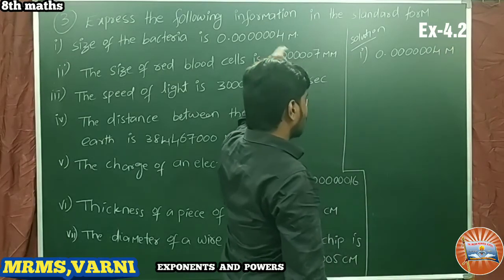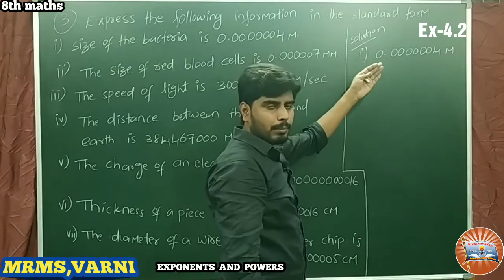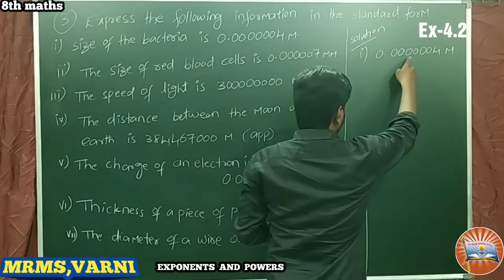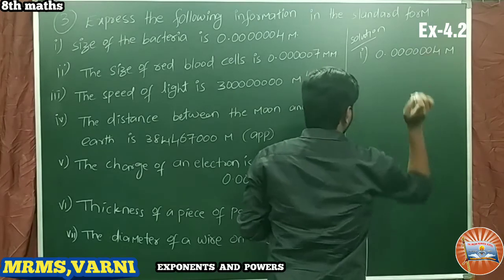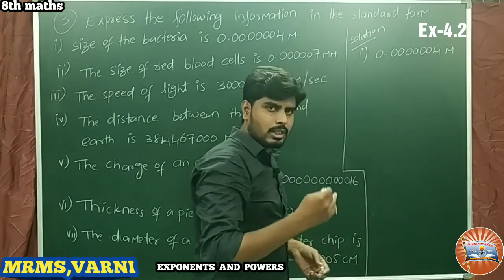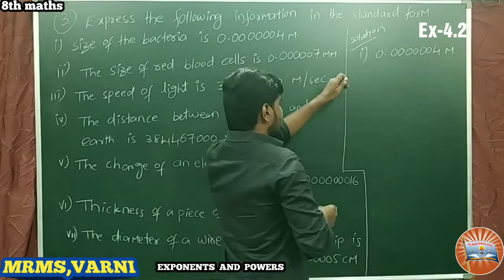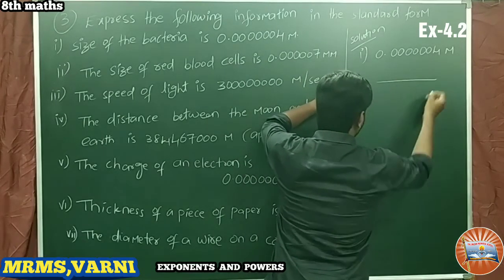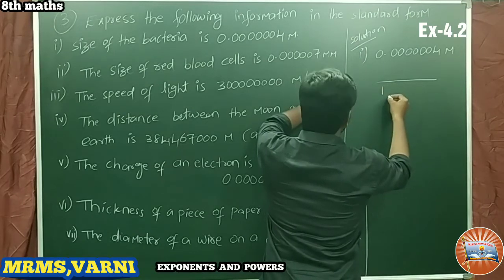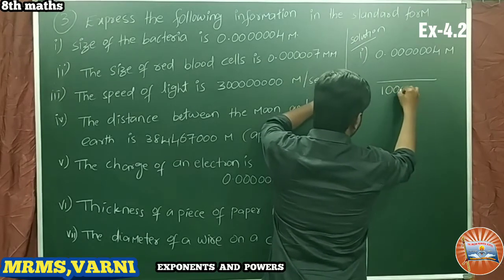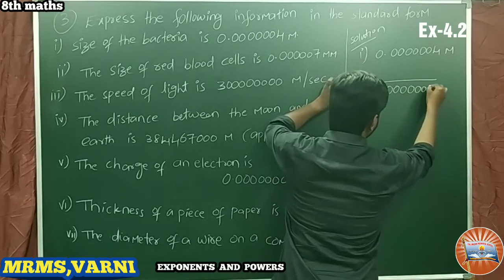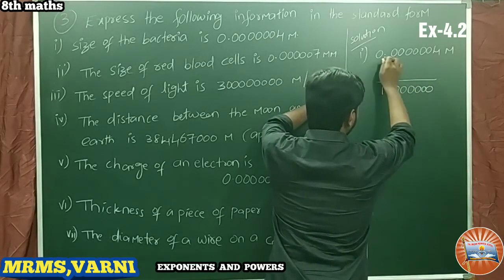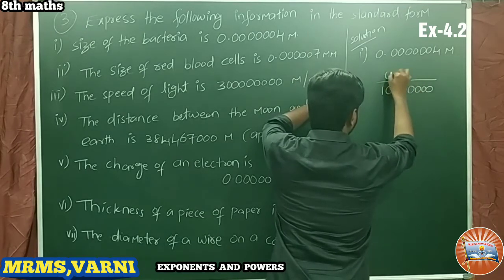So first of all we have to count after the decimal point how many places are there. Nothing but 1 2 3 4 5 6 7. So after the decimal point we have 7 places. That is why we need to take in the denominator 1 and 7 zeros. So I am removing now this decimal point. Directly I am writing